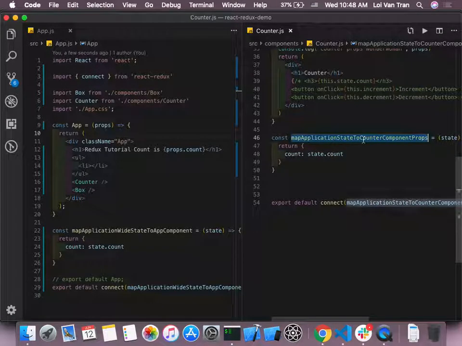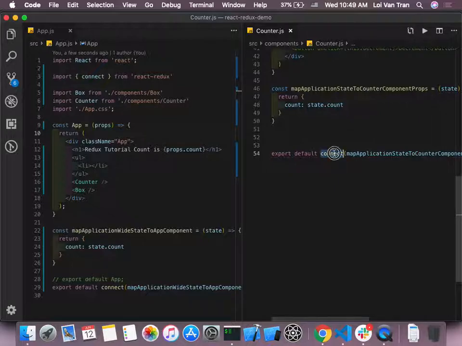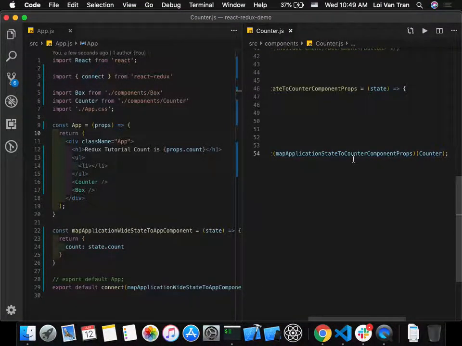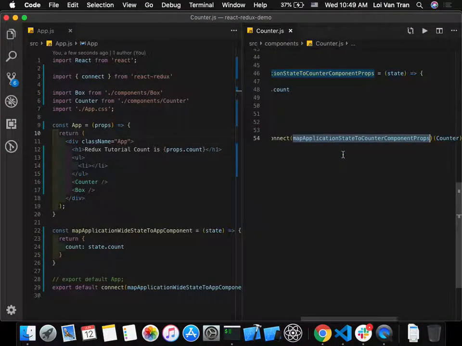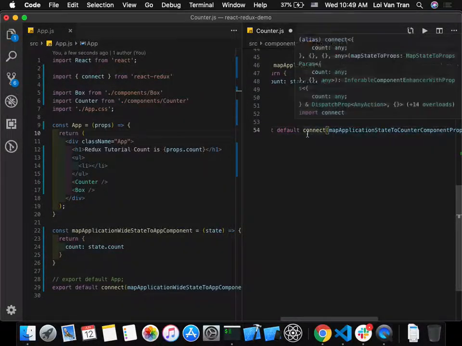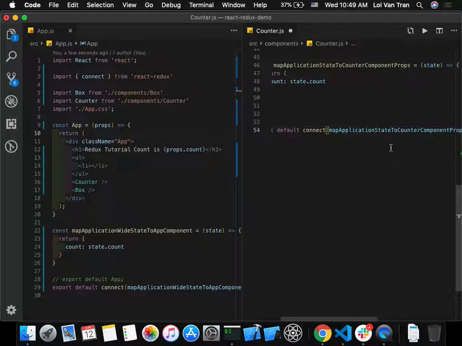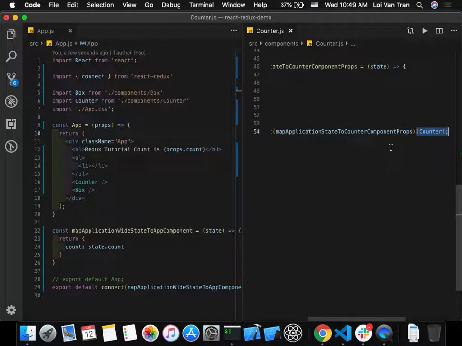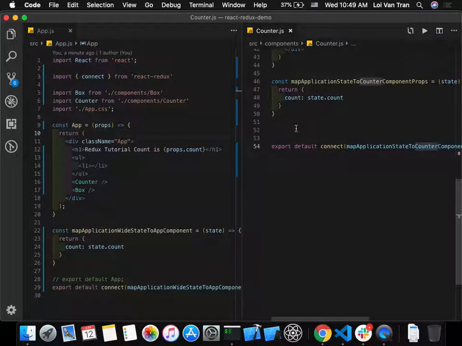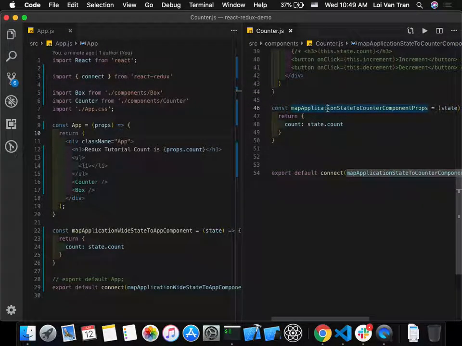Okay? So we wrote a function, right? This function was passed as an argument to our connect function call. It's the first argument. The connect function call takes a function as its first argument. When it's done, it's gonna call another function, and that needs to have the component that we define that we want to have this data. And then, what does this function do? The function that we pass as the first argument,